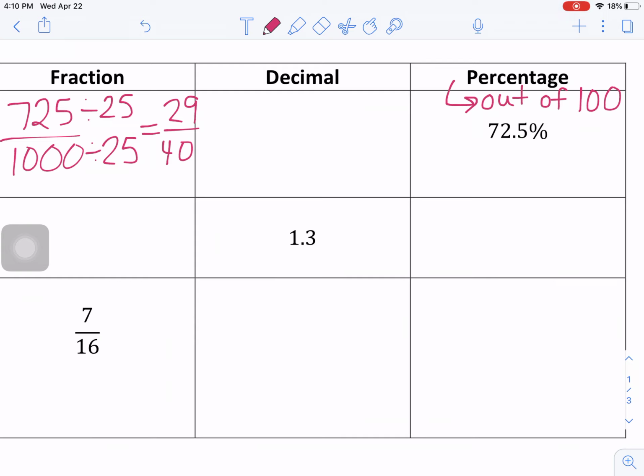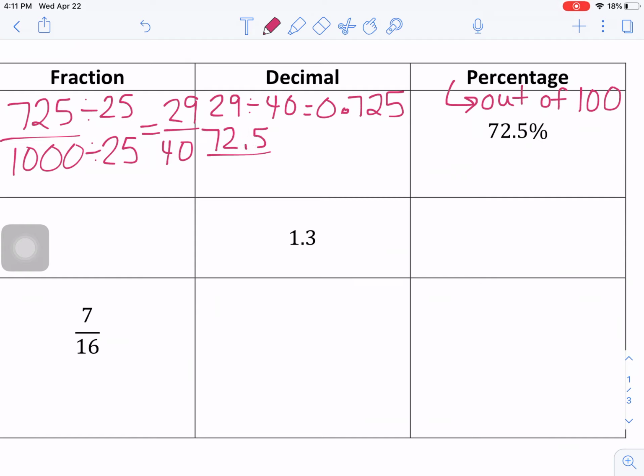The next thing I want to be able to do is to write this as a decimal. 29 divided by 40 gives us 0.725. So that's one way to start. If I know the fraction, I can just divide numerator divided by denominator to get the decimal. I can also take